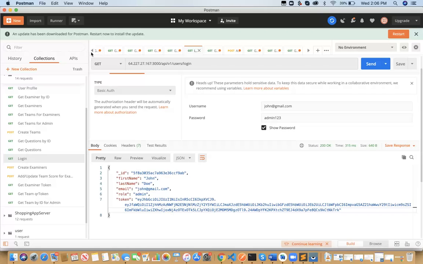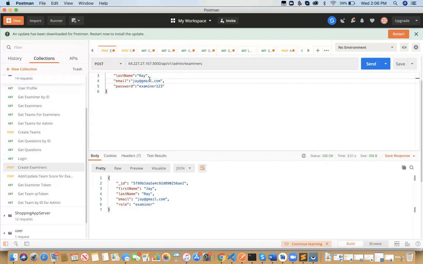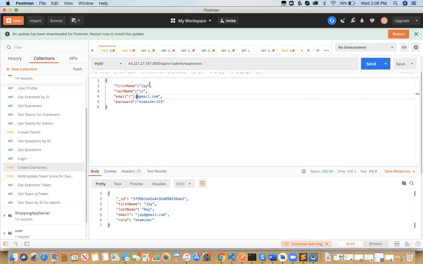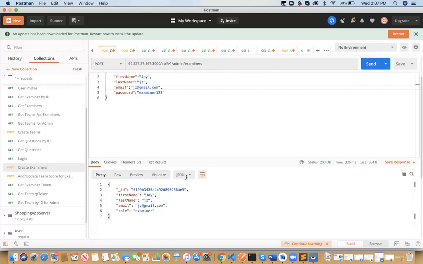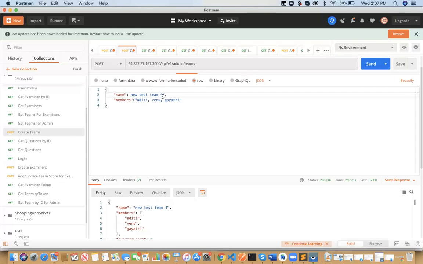Next, an admin can create a new examiner. Then they can also create a new team with members.